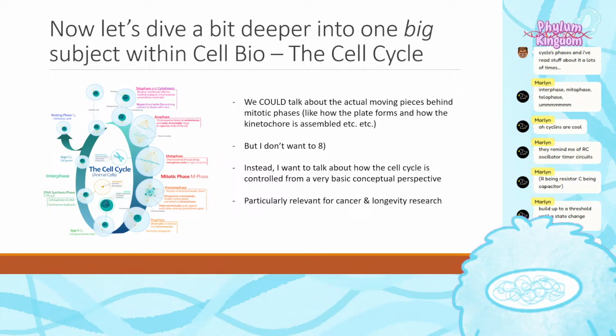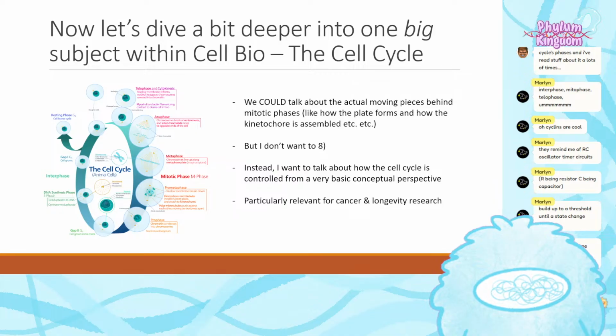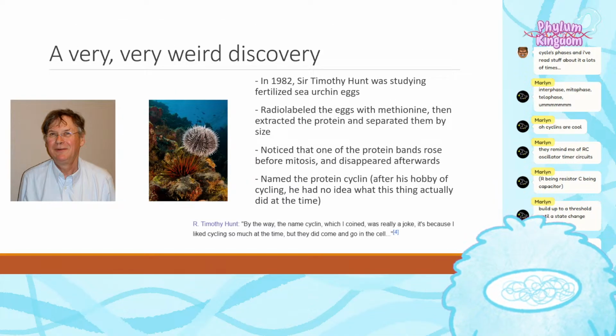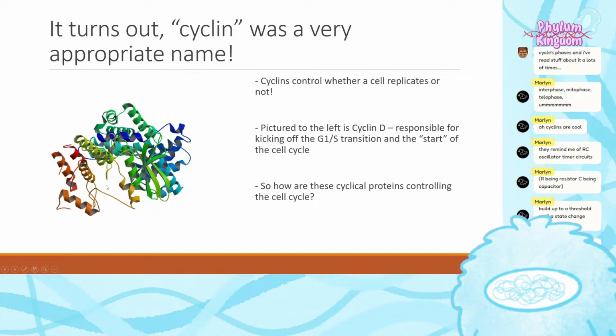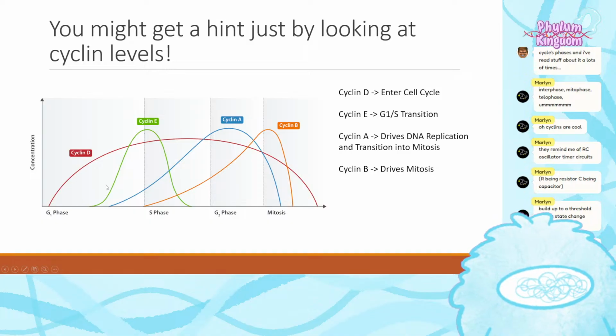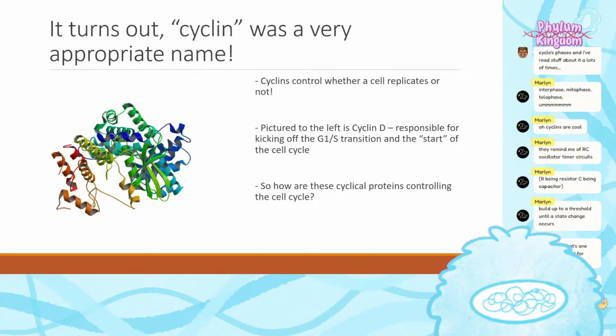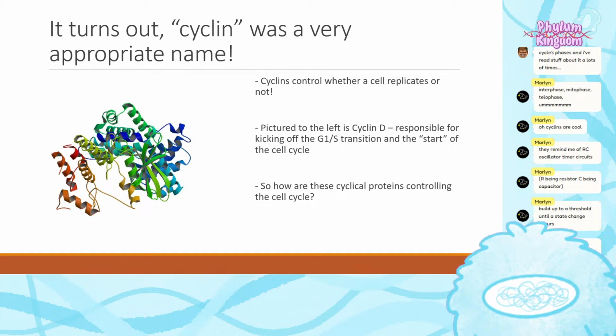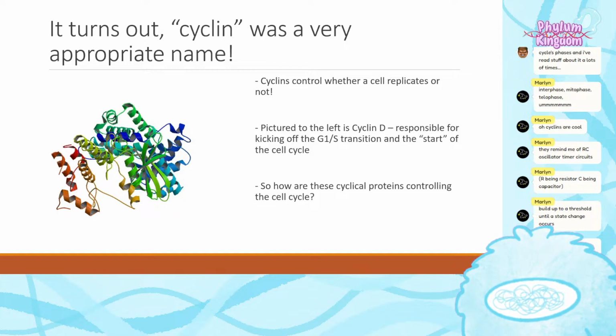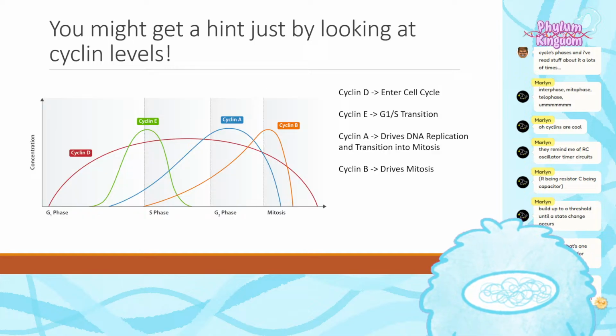And I thought they named it cyclin because they're in circular form. That would have been another fun way to describe them, but again, they don't really look all that circular. Okay, so how do these cyclical proteins, and by cyclical I mean they rise and they fall at different stages of the cell cycle, how do they actually govern the cell cycle?